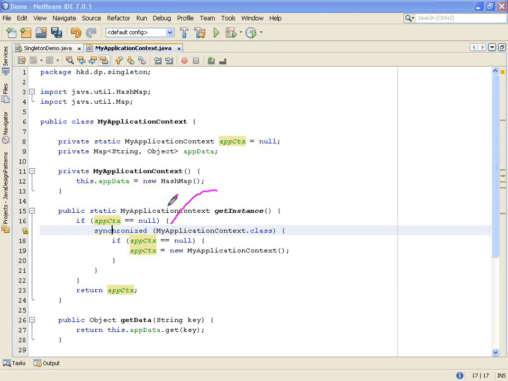There are many threads entering into this method. If we don't have this condition, all threads will be waiting here, and only one thread will be given access. After that, the remaining threads are given access into the synchronized block one by one, and that will degrade the performance of the application. So as soon as we have the application context, this condition is false, and the remaining threads without entering the synchronized block will return the application context. So this is a tremendous performance improvement for a website that is very busy. So we need to double check over here.